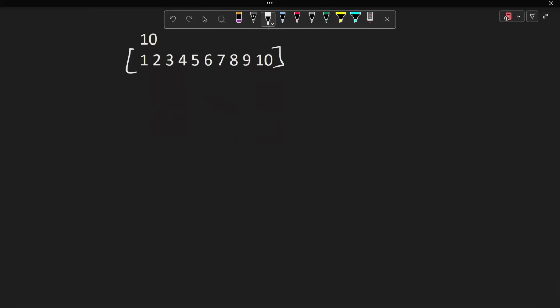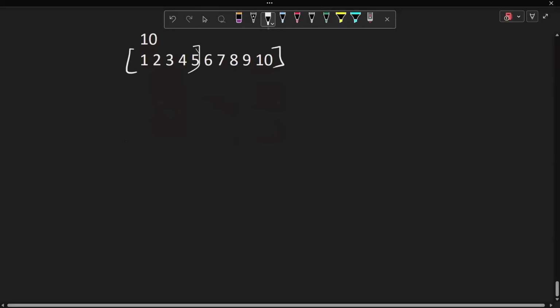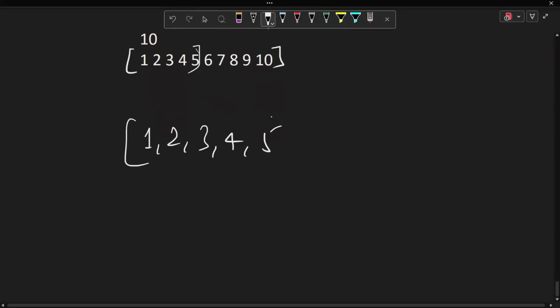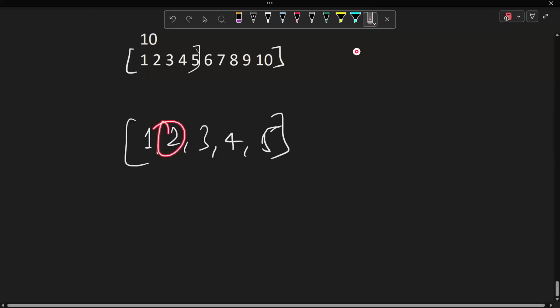Let's take this array: 1, 2, 3, 4, 5. What is the maximum you can get by the operations you can perform? The operation is: you select some value which is even, divide it by 2, and multiply some